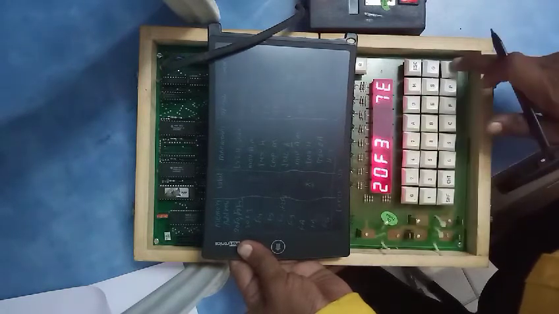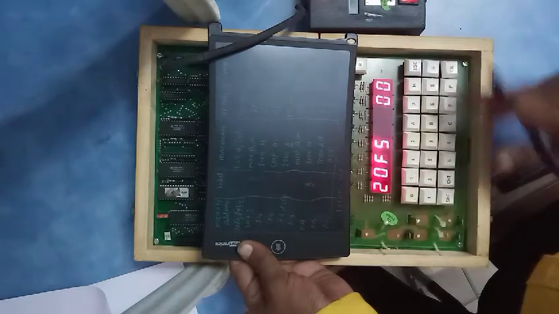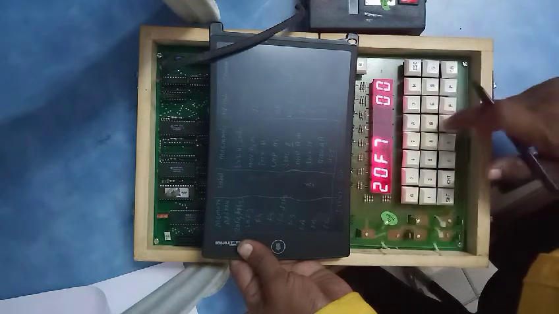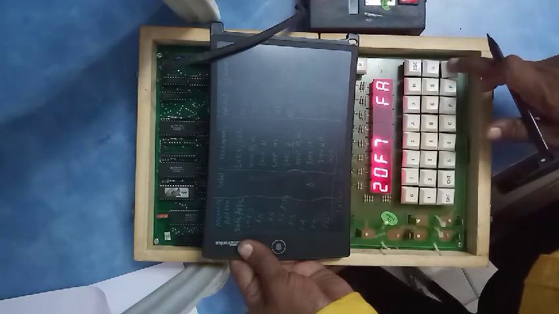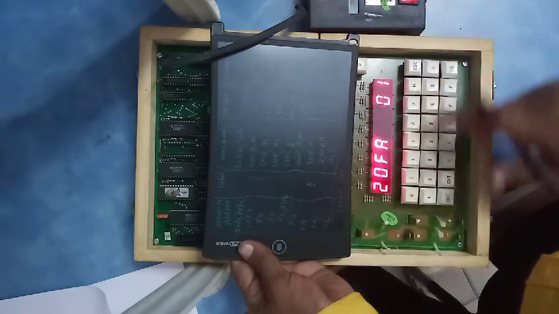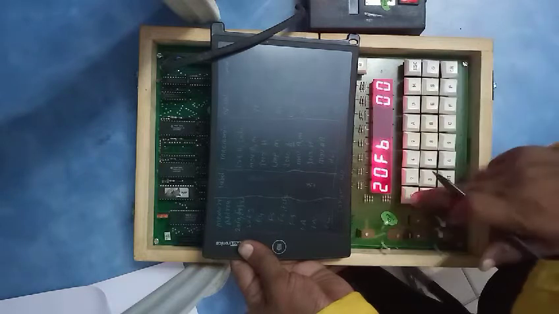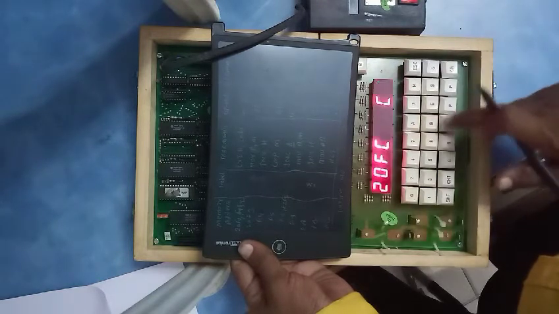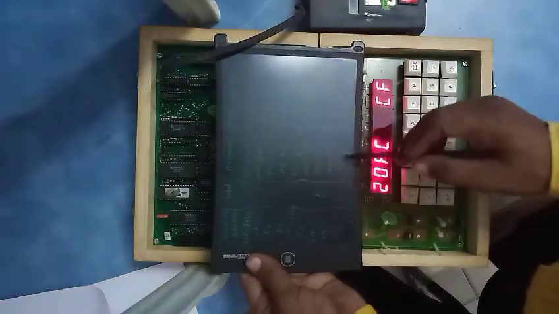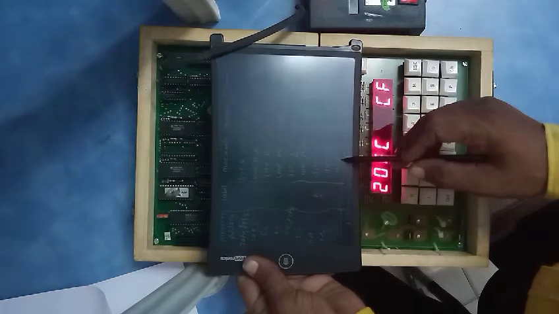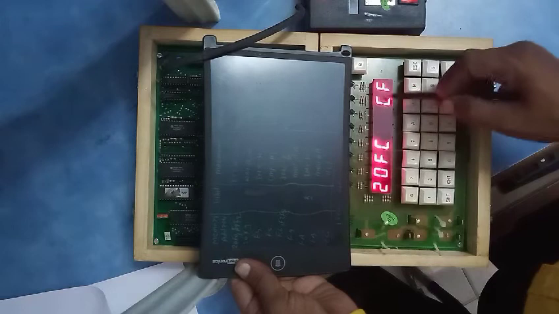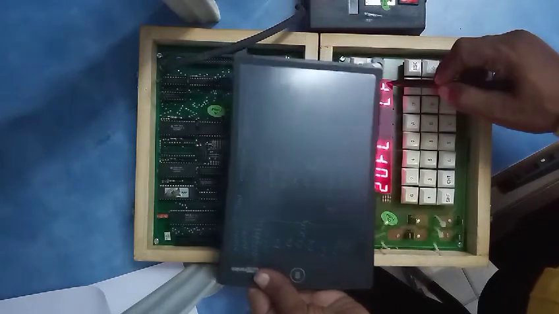Then 7E, then 23, then BE, then D2, then FA, then 20, then 7E, 23, 77 and CF. So at 20FC we have the mnemonic HLT, and the opcode for HLT is CF. Here at address 20FC we have written the CF.